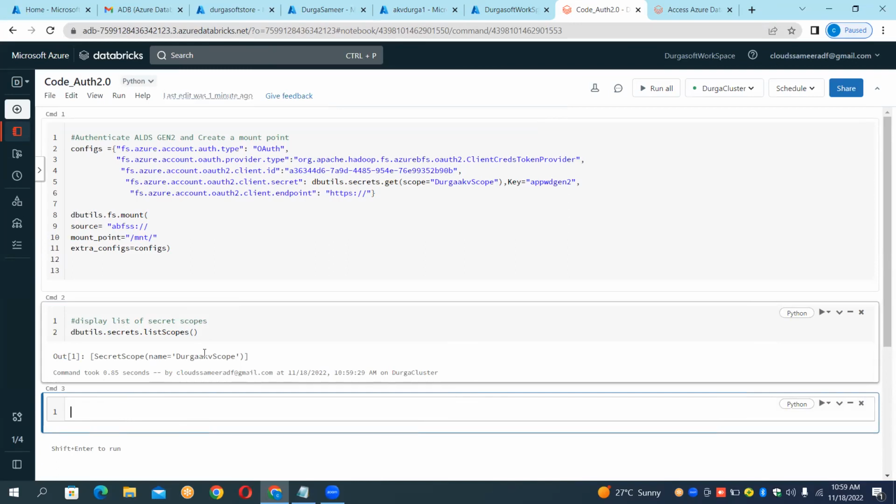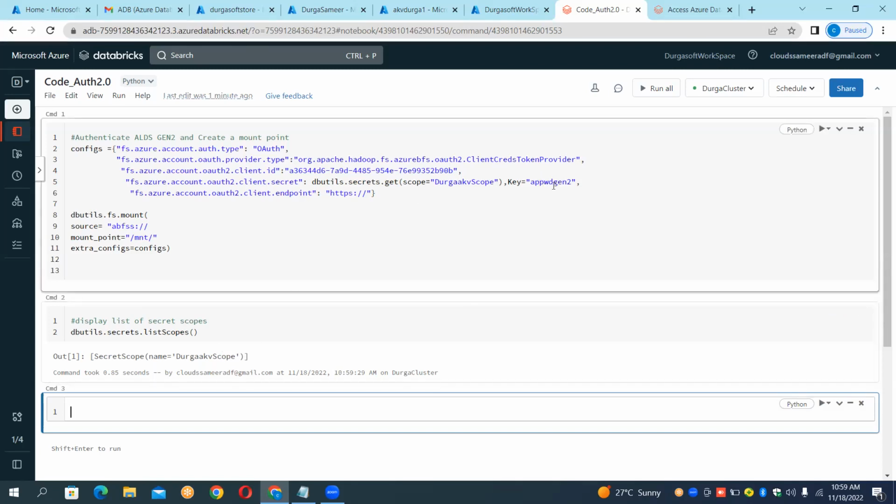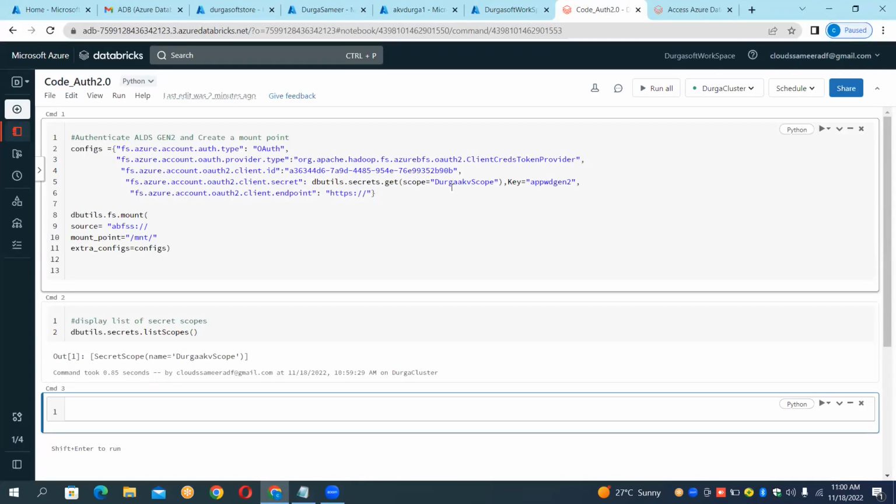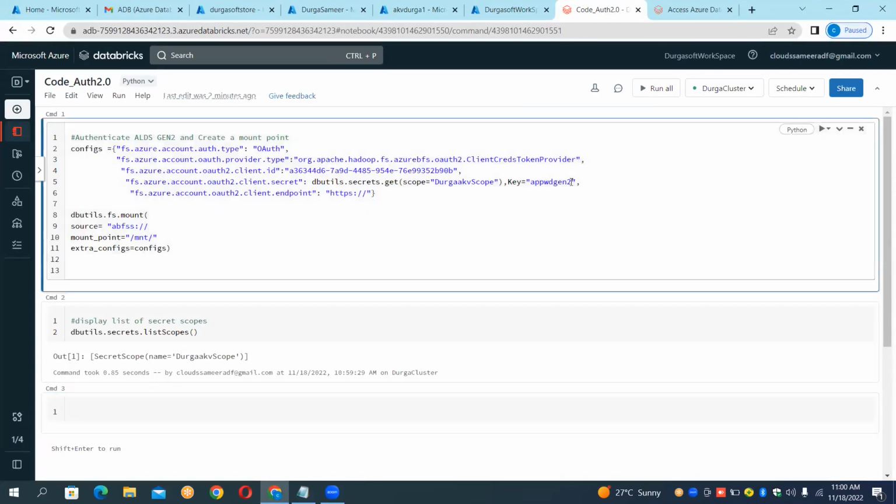Then afterwards, just come back to your code. So the key name I have already given. Can you see it? This is the key name, which I have copied for reference purposes and just pasted there. This is nothing but the secret created in the Azure Key Vault. Okay. Now,